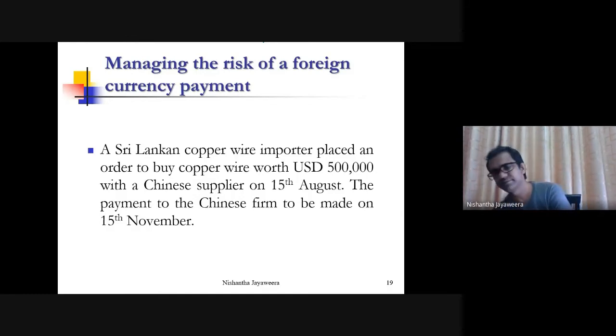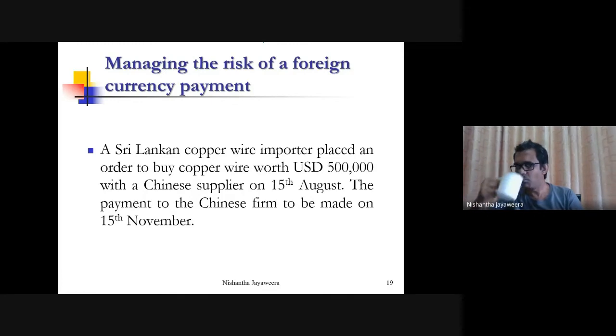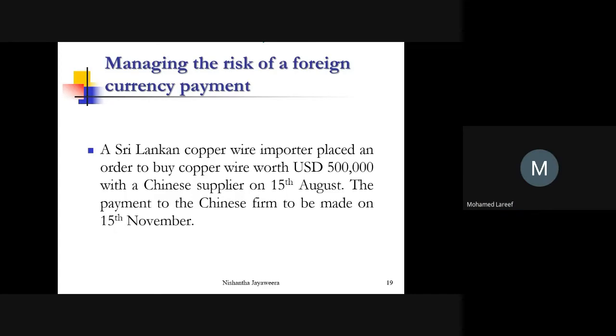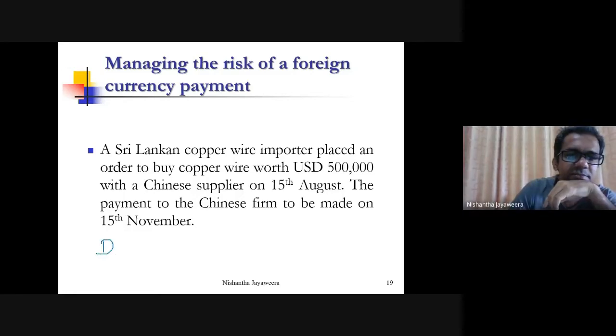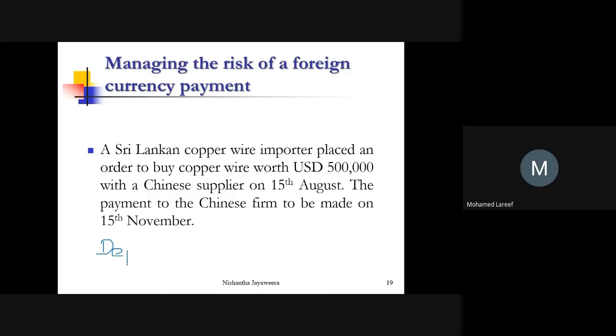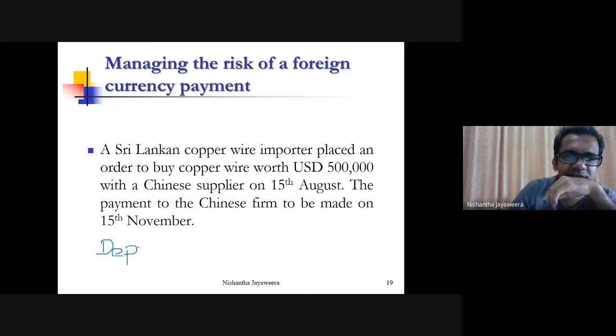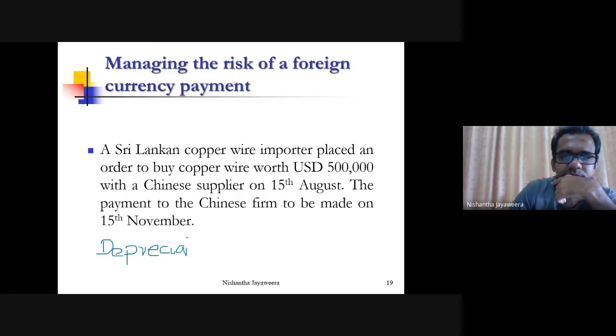What is the risk? The risk of depreciating the currency. Risk of depreciating the exchange rate. Yeah, depreciation in what currency? Local rupee, LKR. Local currency. Depreciation of